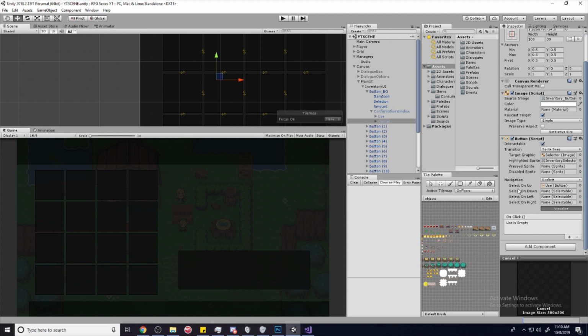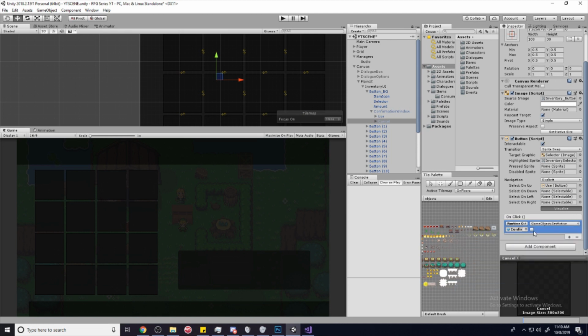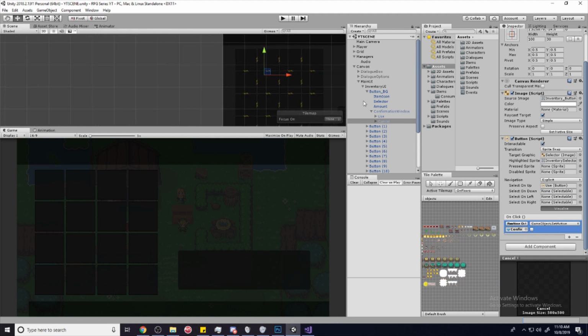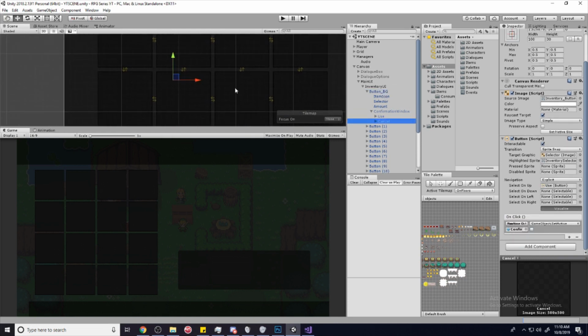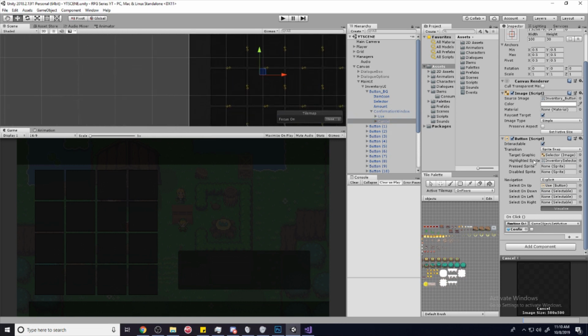So when we cancel, let's just add an onClick event, and we're going to set the game object of the confirmation window to false. And then what's the next thing we need to do? We need to select the button that the cancel button is under. So the way we can do that